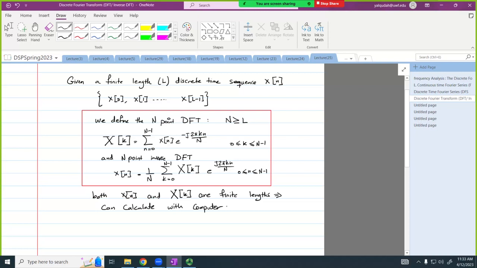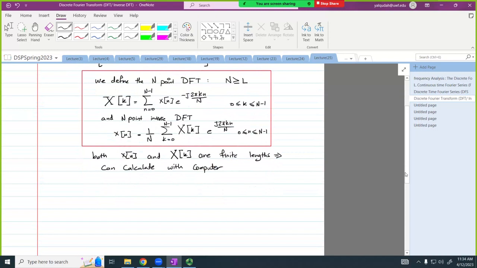And of course, when we say we can use a computer to calculate, what do we mean? I mean, you can have MATLAB symbolic toolbox calculate this transform, but what is it we mean? We mean with a basic processing unit, like a microcontroller, a processor. Can we calculate it or not? Okay. Now one thing we're going to introduce